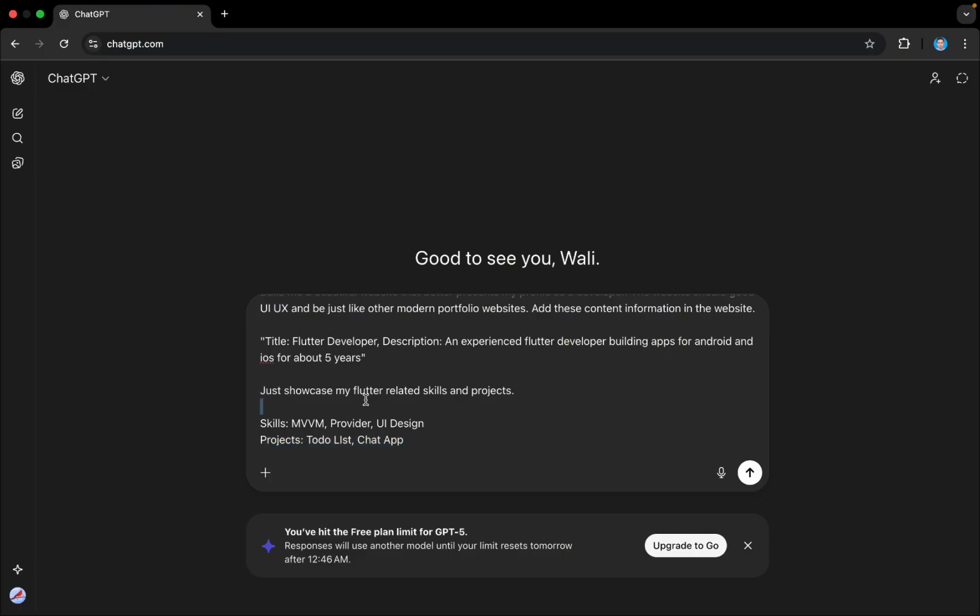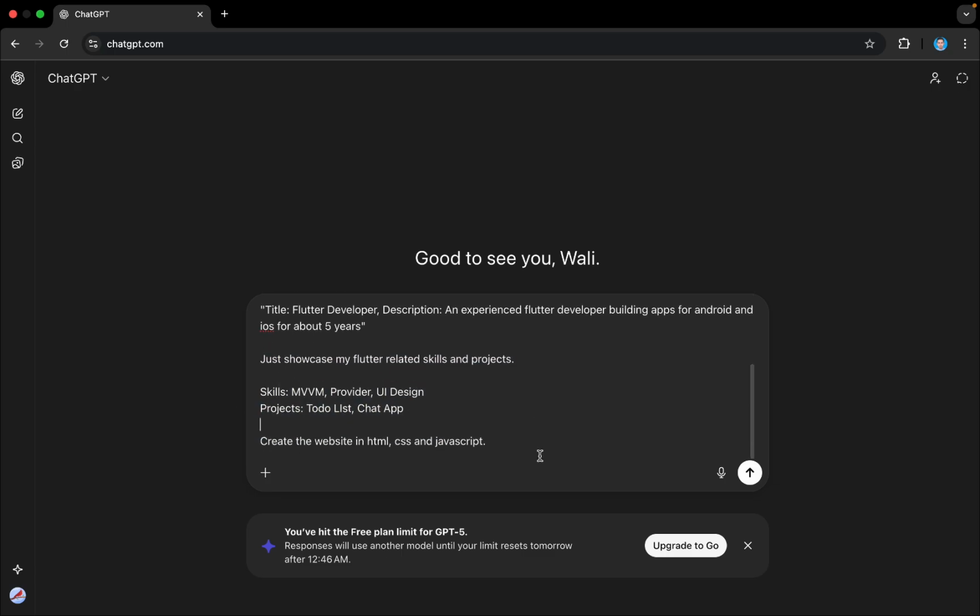So if I don't add Flutter, it can check the context window, and it can pick something that I don't want to add in the website. So I've added these constraints here. I can add some other constraints here as well. And then at the end, I have asked for this input: create and preview